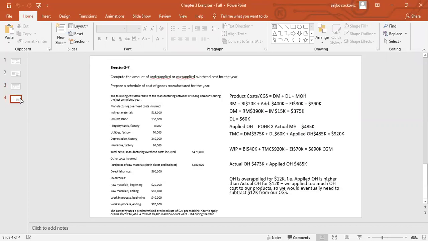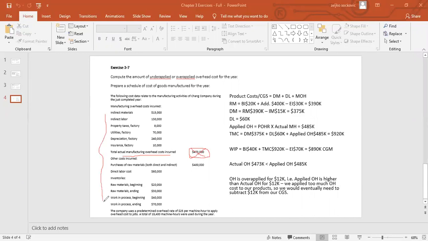Okay, this is a good example of what we discussed in the first exercise. Prepare a schedule of cost of goods manufactured. We don't need to go all the way to cost of goods sold, but let's look at this list. Total actual manufacturing overhead cost incurred. This is an example of what I was saying earlier when the student asked whether I'm going to be given things very clearly. Well, this is very clear. This is super specific, maybe too specific. You're given total actual manufacturing overhead cost incurred, 473. But you don't need to be given this number. You need to be able to